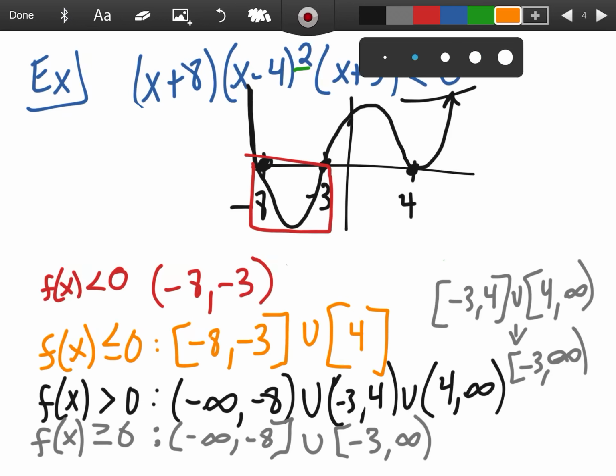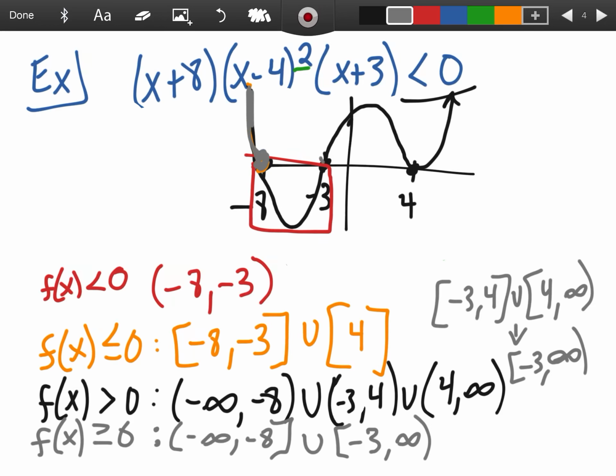All right, when is it greater than or equal to 0? I'm actually doing the greater than or equal to 0 right now, sorry. Greater than or equal to 0 from -infinity to -8, and then for the whole rest of the graph. So -infinity to -8 and -3 to infinity. So it's kind of cool seeing this come together and how this sign chart works. All right, so I hope this helped. Good luck as you get going on